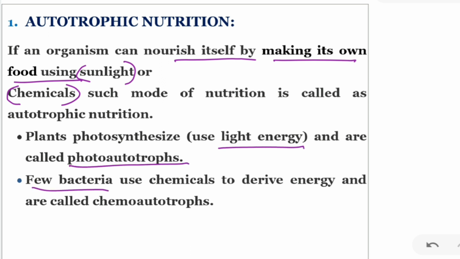Some bacteria derive their energy from chemicals, so we call them chemoautotrophs. So what are autotrophs? They are capable of making their own food. Mainly if they are using sunlight, we call them photosynthetic organisms, or photoautotrophs. If they are using chemicals, we call them